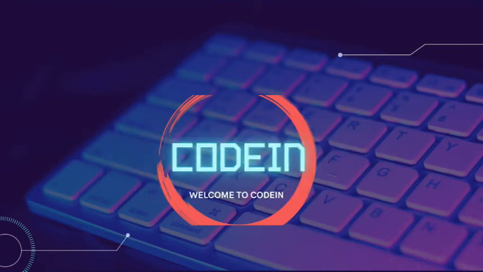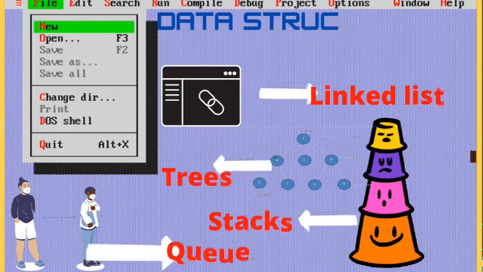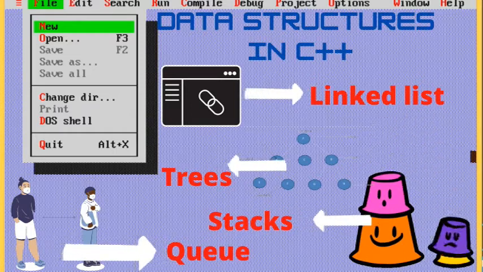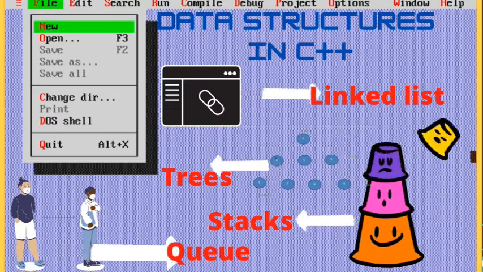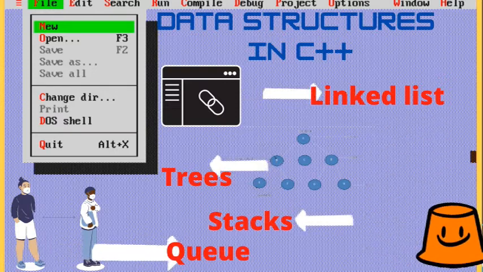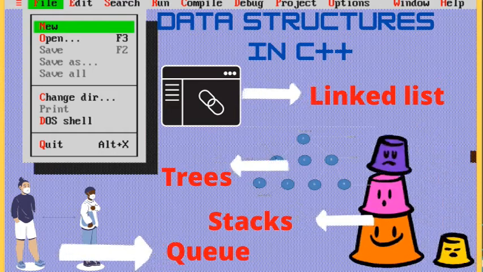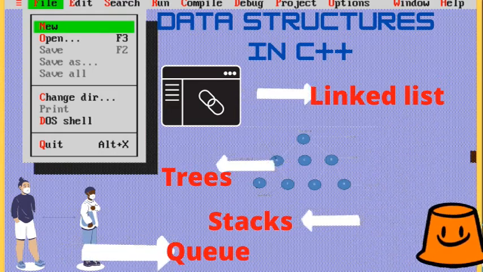So guys, I hope you all are taking care of yourself and enjoying the videos that I'm posting and learning each and everything clearly. In today's video, we are going to discuss the data structures that are available in C++. Now what do we mean by data structures? There are different kinds of data structures, as you can see on the thumbnail itself and also on your screen. We are going to discuss each and everything in detail in my upcoming videos,